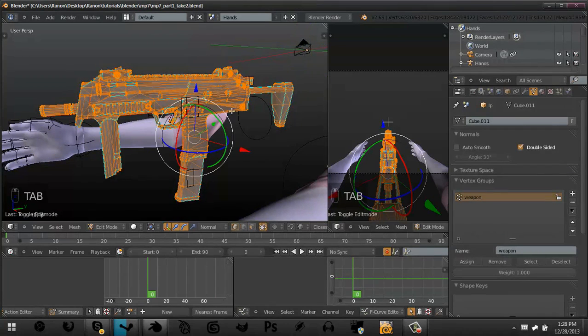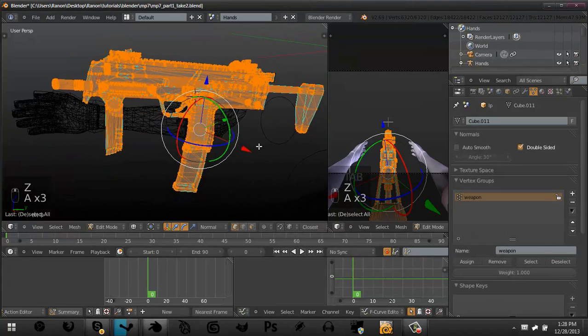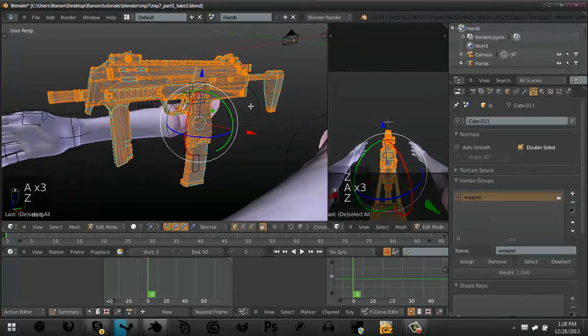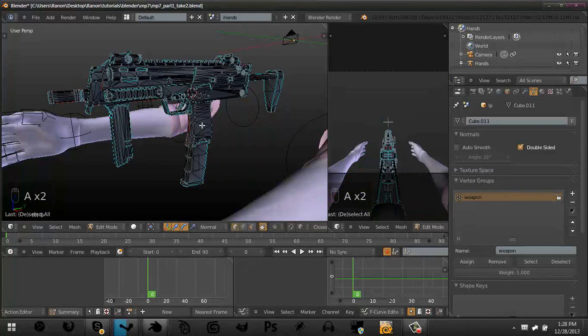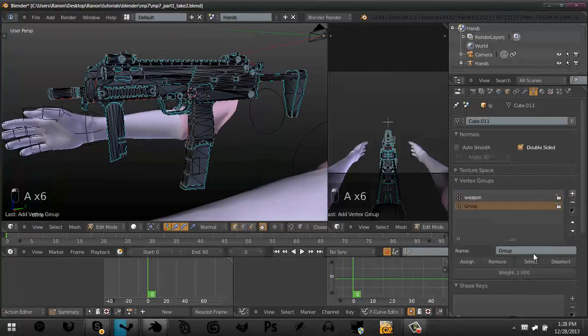And now just click tab and select everything. Don't worry, we'll get the rest later, but first select everything by just hitting A twice or A once, depending on if you have everything selected. Anyway, assign